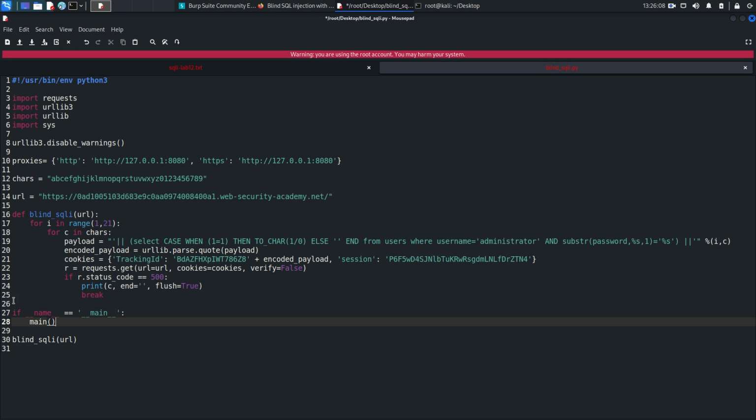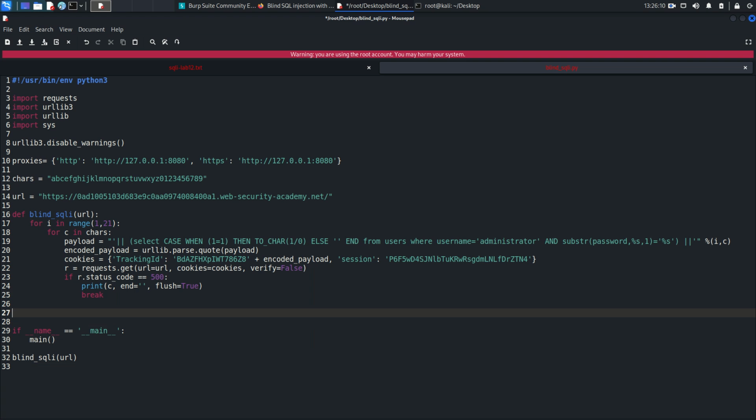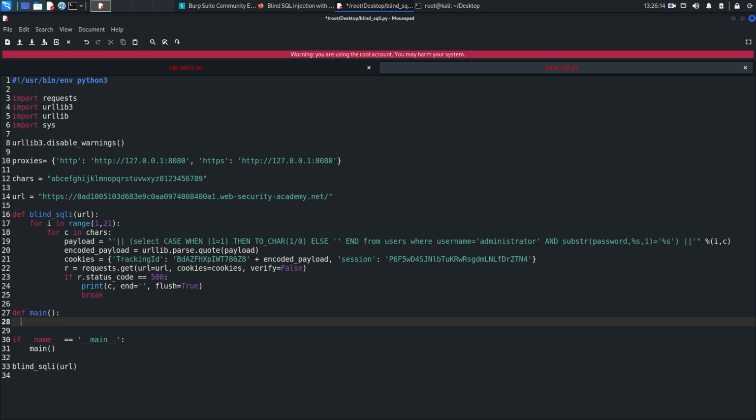So here we need to create a main function. So def main, and in that function we will say if length of sys.argv is not equal to 2,